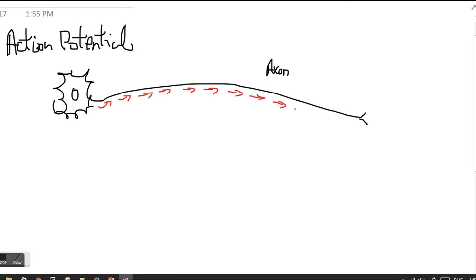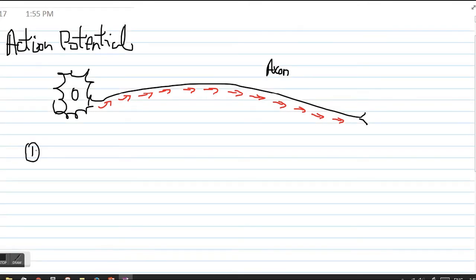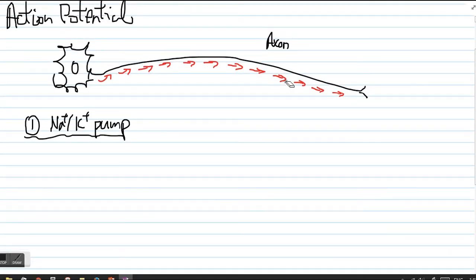Okay, so for simplicity, I'm going to go through just basic transmission with no myelin, and once you understand that, then we can extend the concept to myelinated axons. Before we talk about action potential, there are a couple of things I need to review with you, and the first one is what we call the sodium-potassium pump. Okay, so the sodium-potassium pump is a membrane protein, and you will find this membrane protein along the entire